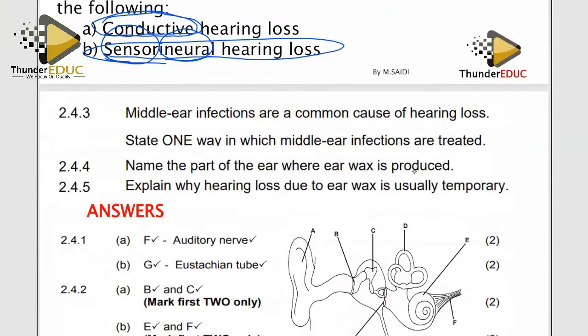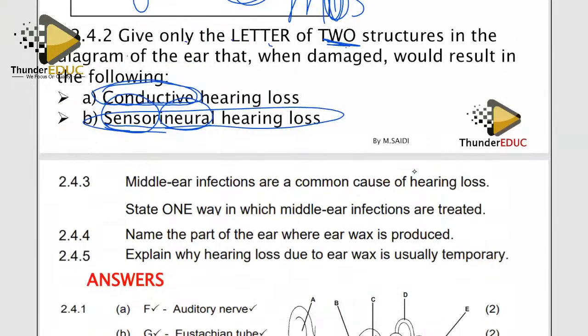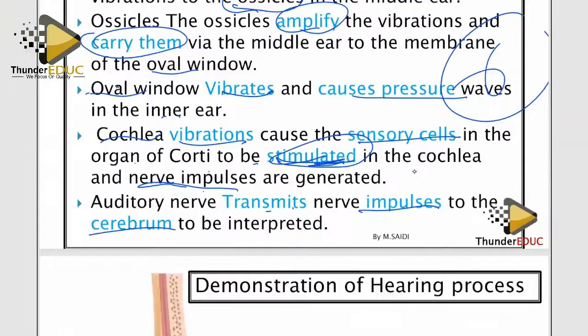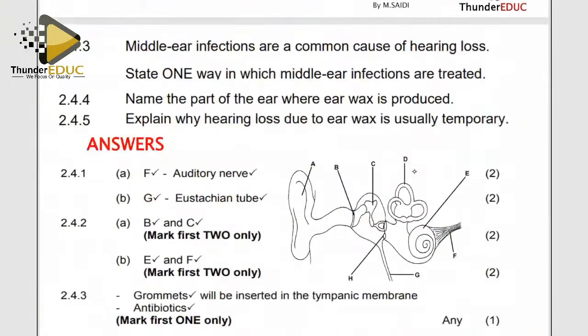What are they saying? They're saying that middle ear infections are common causes. All right, we have not talked about the middle ear infections. Let's just talk about